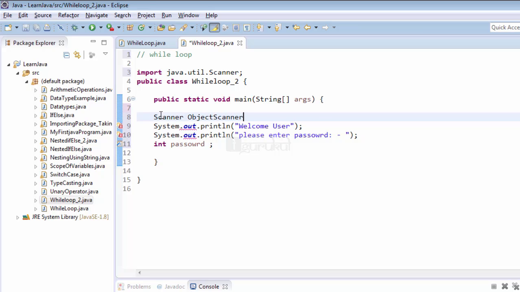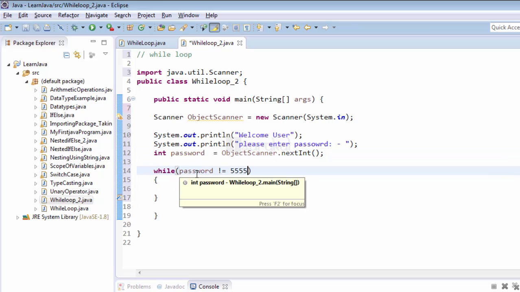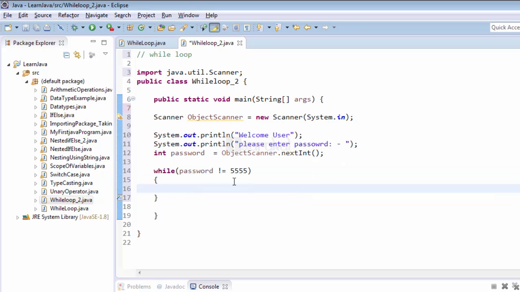So let's create the object of the scanner class. Let's ask the password now, int password equal to. We will be calling the object of the scanner class. We will be using the password of the integer type only. We will give a condition that until or unless password is not 5555, it will ask this question that please